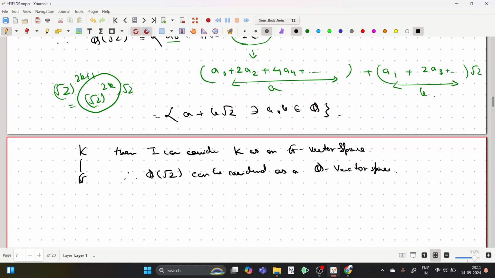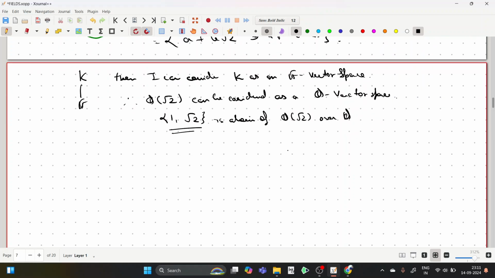And now what I can do is that I know root 2 is an element of Q root 2 by definition. I can consider this set 1, root 2, and you can easily observe that this is a linearly independent set. Just go by as we do in case of vector spaces. This will eventually be a linearly independent set. Moreover, this is a basis. If you observe, this is a basis of Q root 2 over Q, because every element in Q root 2 is just a linear combination of these elements where the coefficients are coming from Q. Therefore I can say that the dimension of Q root 2 over Q is 2, and if you carefully observe, this is nothing but the degree